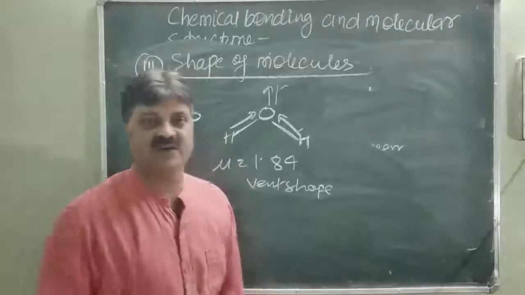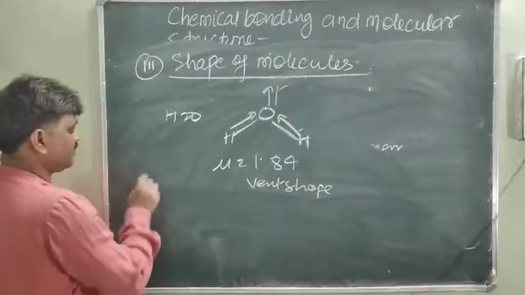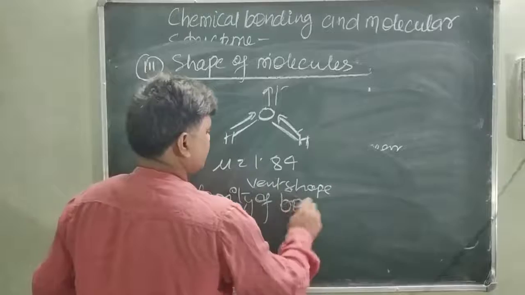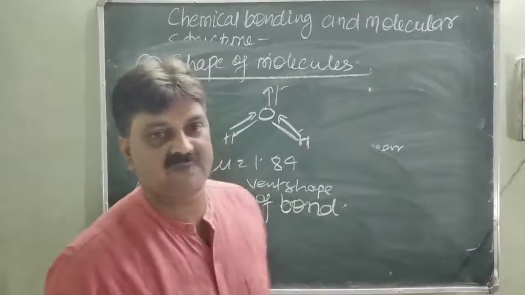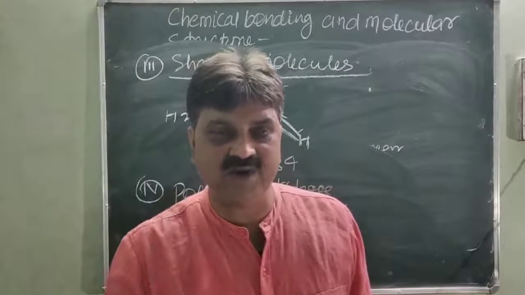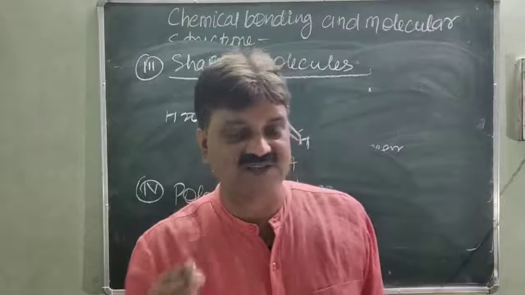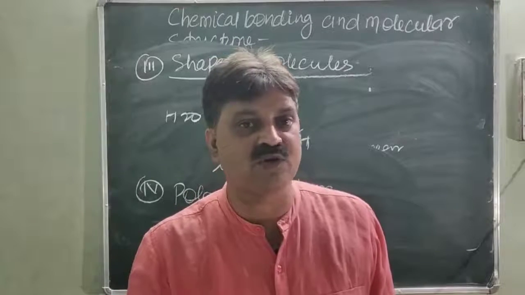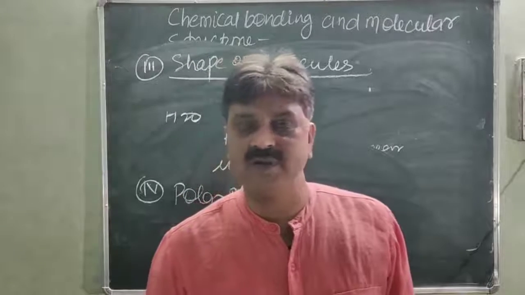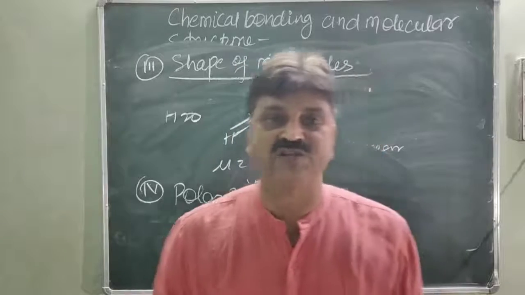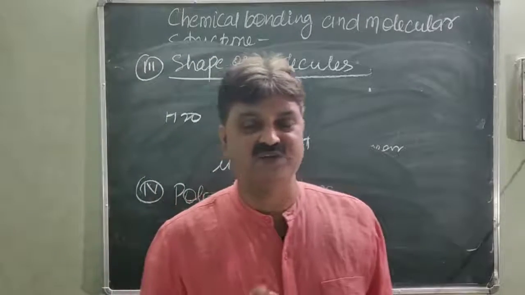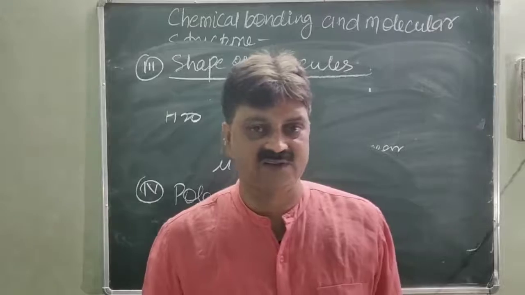So the next application of the dipole moment is the polarity of bond. It means with the help of the value of dipole moment, you can predict the polarity of bond in a molecule. Higher the dipole moment, higher the polarity of bond. It means more polarization of electrons takes place in those compounds, which will have more dipole moment, so more polarity. So these are the applications of the dipole moment, and next time we will discuss the different concepts that have been given for the shape of molecules, like the valence shell electron pair repulsion theory, valence bond theory, molecular orbital theory, etc. Is it clear? Thank you.